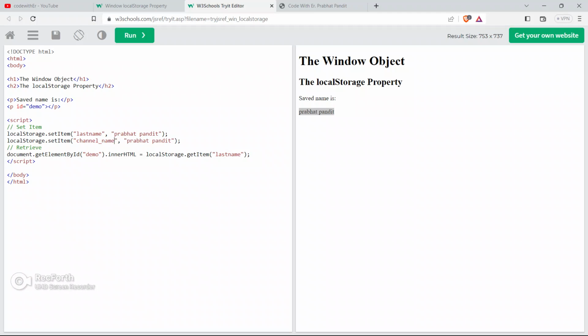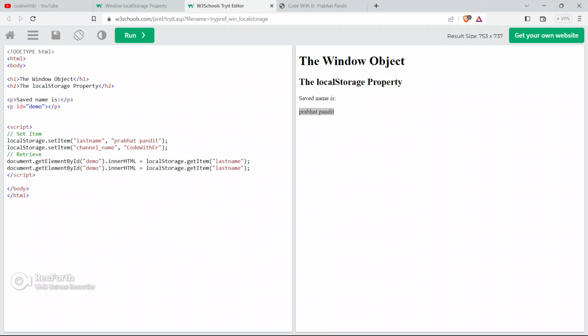Channel name, and give it here as Code with ER. Just copy this and paste it here, copy this also, paste it here and give it as demo2, change this to demo2, and we have to call this key here.